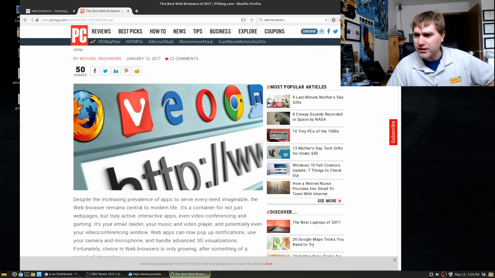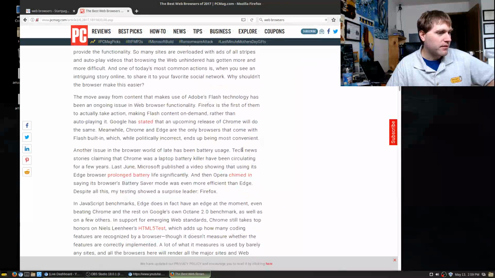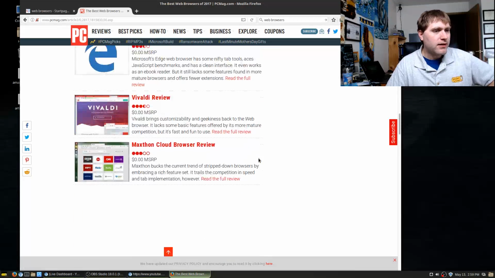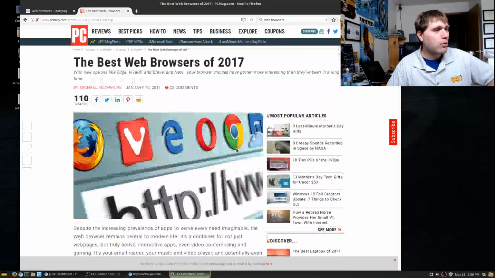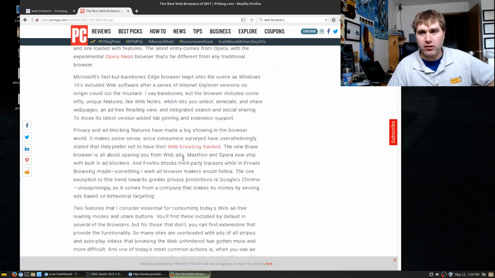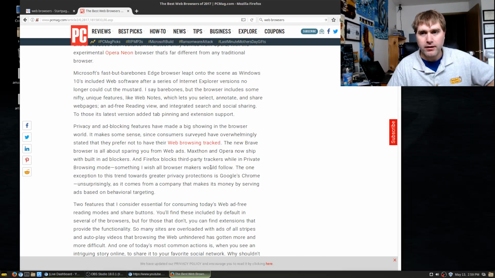What's this last picture? Can you see that? Yeah. What's this last picture? Firefox, Vivaldi, Edge, Opera, Chrome. What's this last one? Anybody know that last browser? They might tell me in the article. You know, for an article titled "The Best Web Browsers of 2017," I'd expect to be able to look at this and look at a very